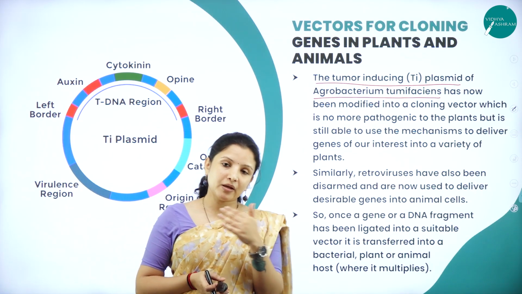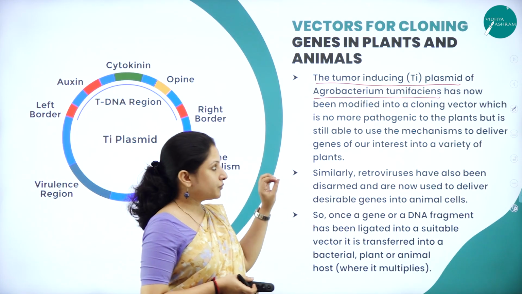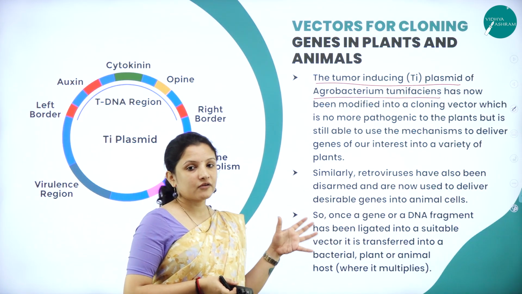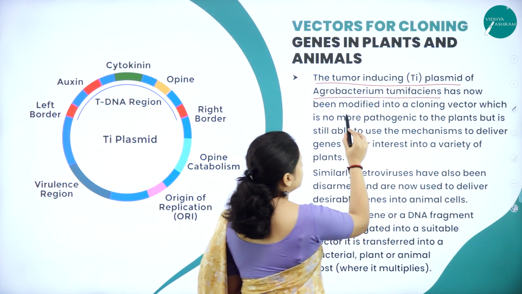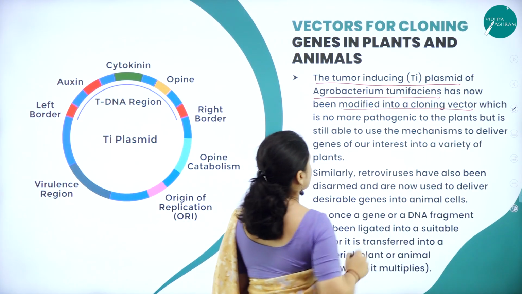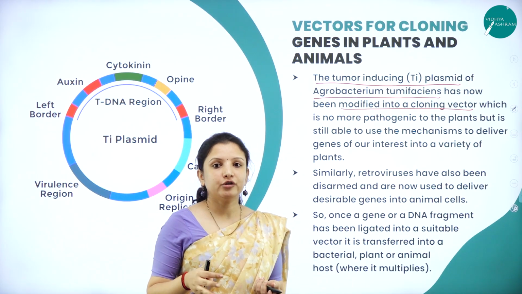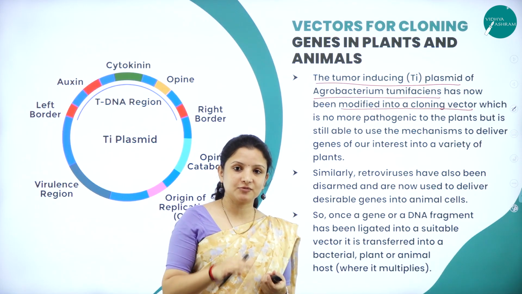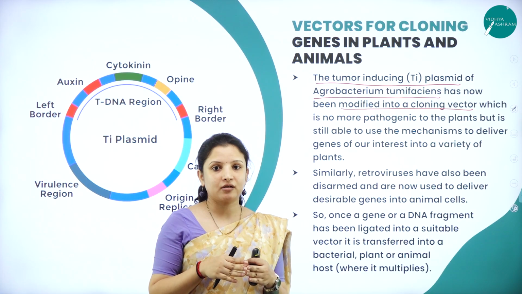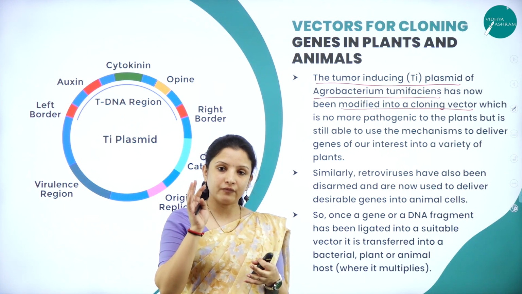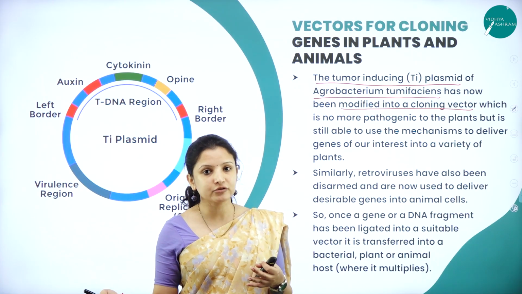But it is capable of entering into the plant. So, that is why this plasmid is preferred. Before introducing, we have to modify the Ti plasmid, so the modified Ti plasmid will become a cloning vector. As I told you, the gene that is responsible for producing the disease will be inactivated or modified. So that modified vector, or plasmid, if we introduce it into the plant,